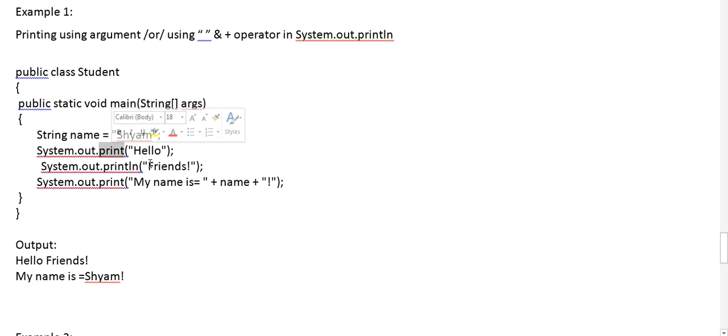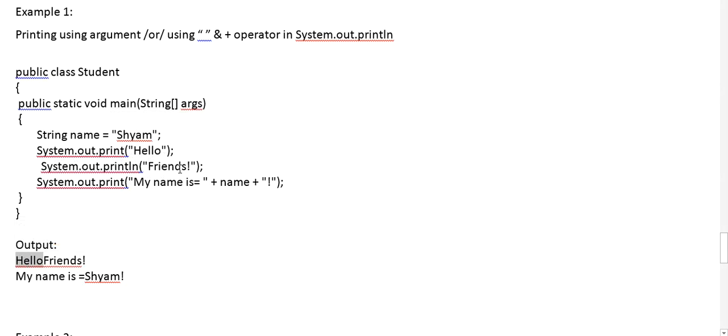So if I want to print hello friends, we will have to write System.out something like this. Firstly we write the print statement hello, it will print hello, and the cursor will not go to the next line.